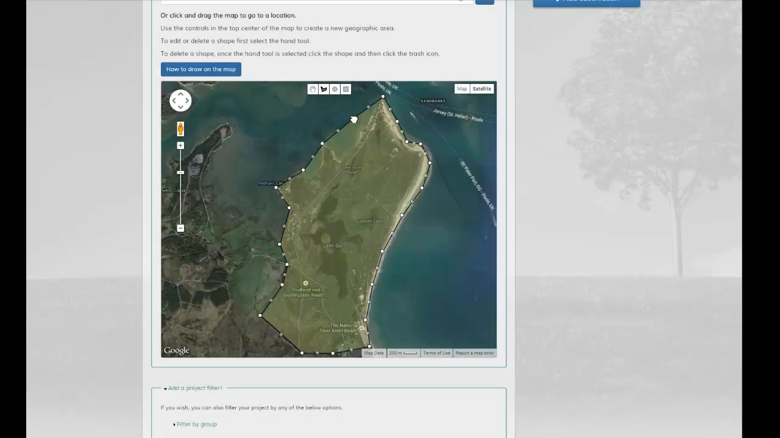When you've gone all the way around the site and have arrived back at your starting point, you can double click to complete the boundary and turn the border into a site polygon. Having drawn your boundary, you may feel that you want to edit it to make it a bit more accurate,